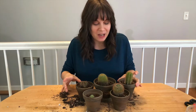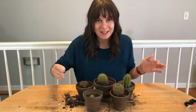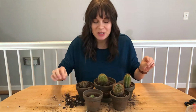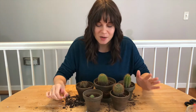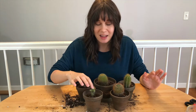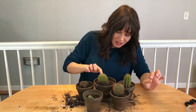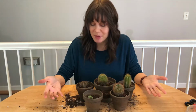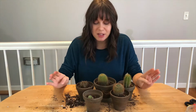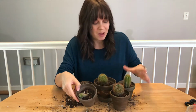So as you can see, I've got a bit of a mess going on here. There's some water on the table apparently, and I just made mud. So I've been doing some repotting this morning, and I wanted to feature these 5 sad cacti that are potentially dead, almost definitely dead. There may be no hope for them, there may be no saving them, but I want to pot them all together in one pot so that they look a little bit more attractive than sad, drooping, falling over